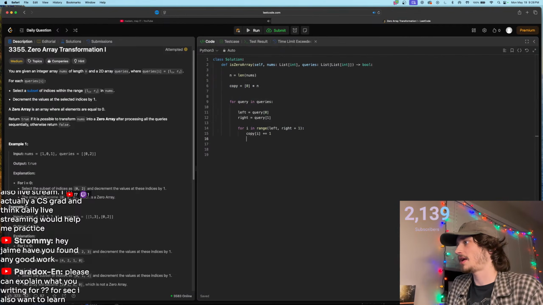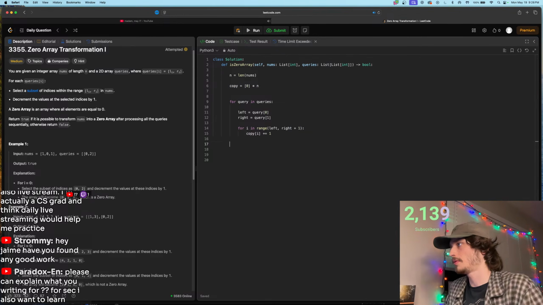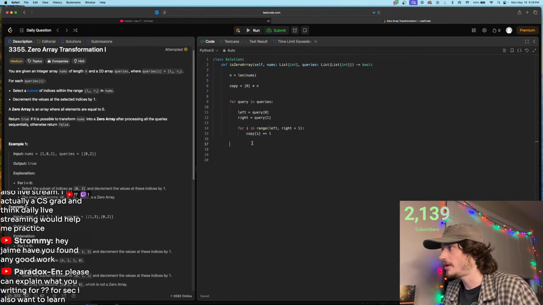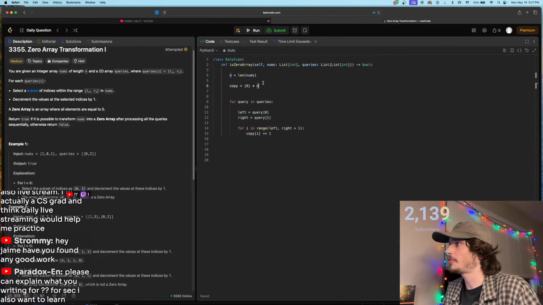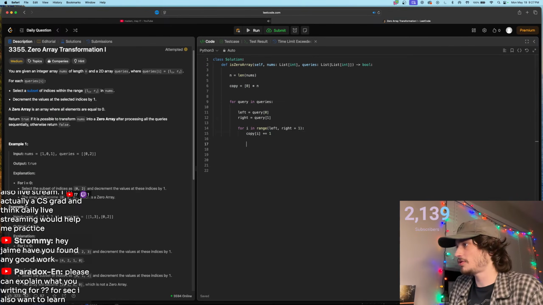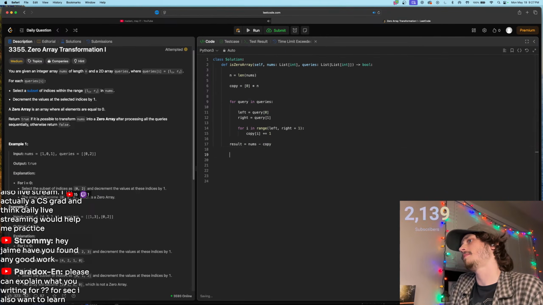So that'll go through every query and make a list that will be proportional to all the reductions we need to make to the indices within nums. And then what we can do is just say result is equal to nums less copy, and then say